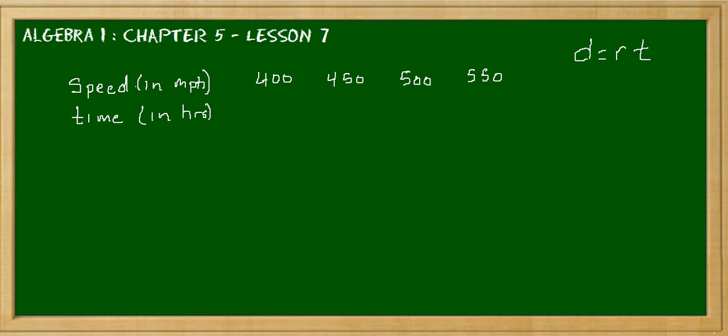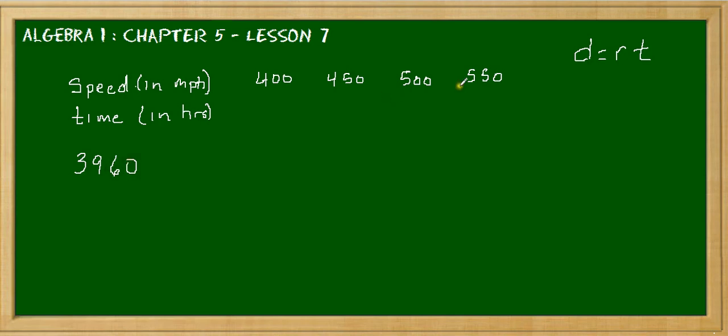So, if you really stop and think here, this plane is traveling faster in each of these values that were given here, the speed of 400 all the way to 550. So, what's that relationship in the equation and how does it affect the time? Well, that's what we're going to work on here. And we're told here to now calculate or to complete the table. And if we just simply plug this into our